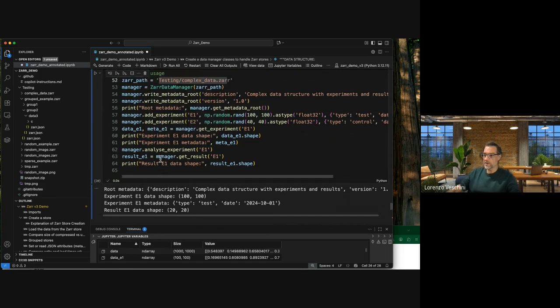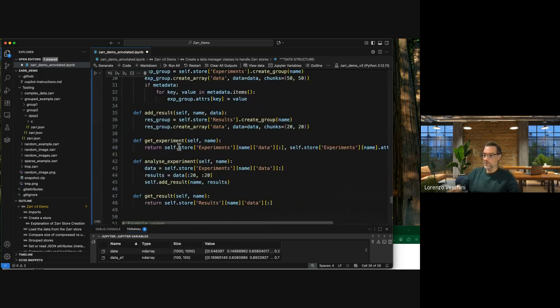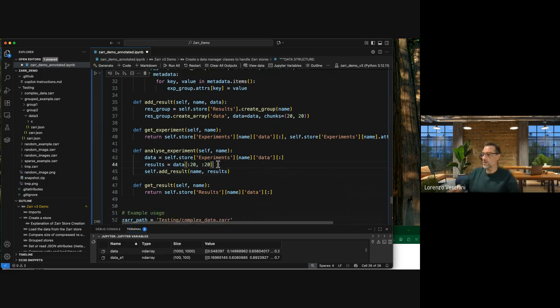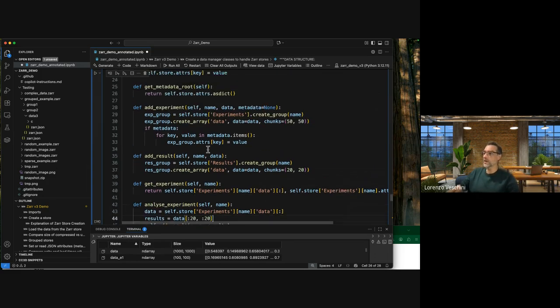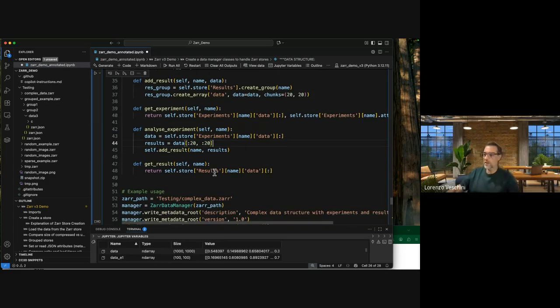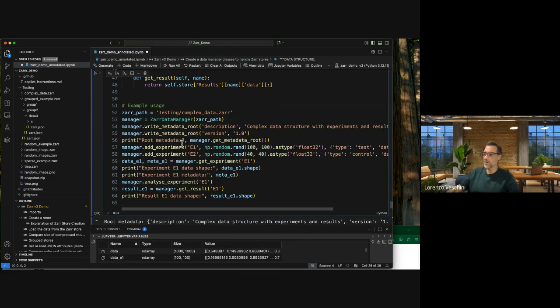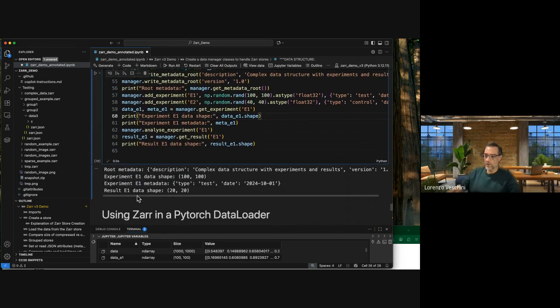Essentially what happens here, for example, just to have a little bit of fun. It's not funny, but yeah. My analyze experiment was just take whatever array you have and take this slicing, and so the result will always be 20 by 20. Actually, it's not very smart, because if the input array was smaller, then there will be a problem, but it's not a big issue. So for this example, I hope that everything is self-explanatory,